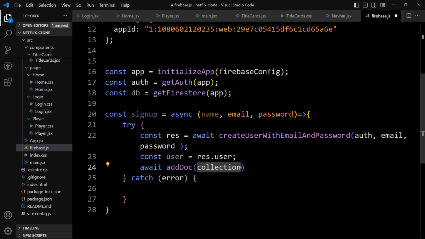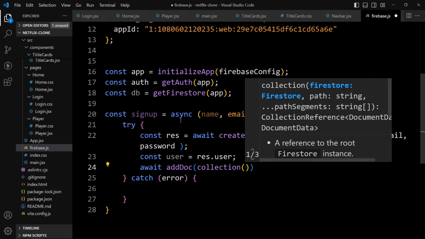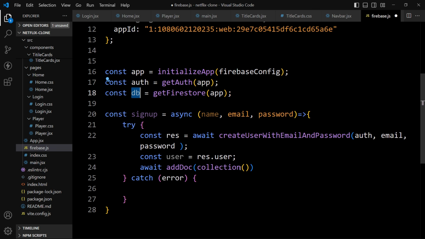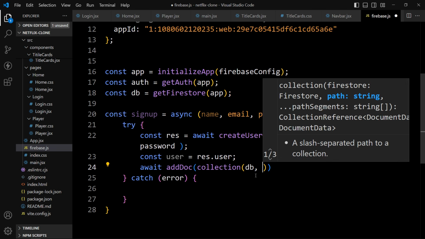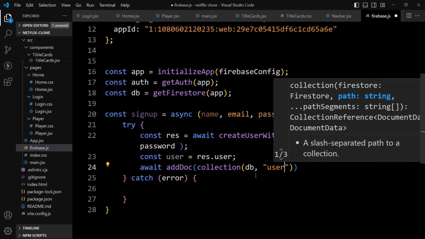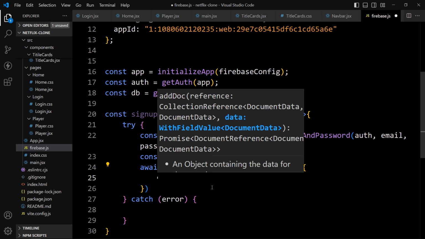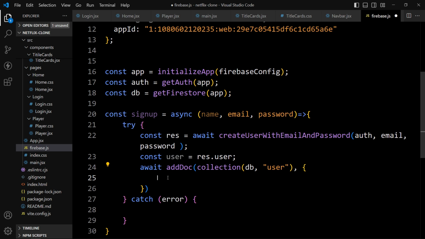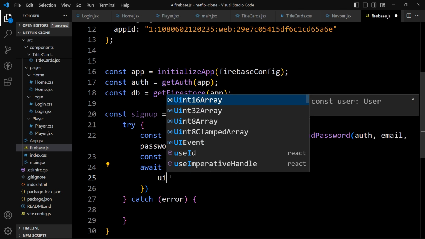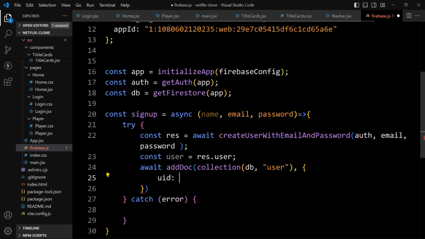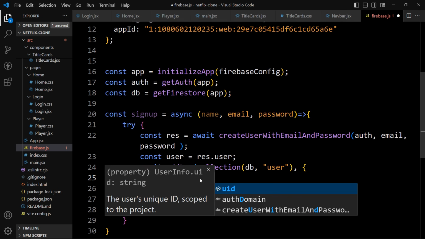After that we will provide the database. So this is our database, db. Then we will write the collection name, that is user. Here we will add the comma and then we will provide one object. So in this object we will define the data that will be stored in this user collection. So let's add uid. We will store the UID, that is user ID, and we will get this user ID from this user.uid.